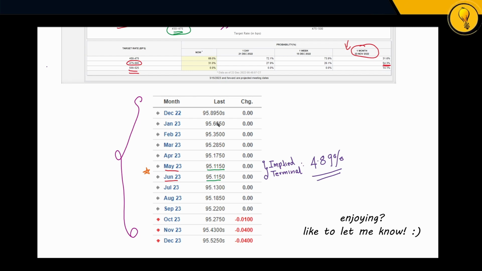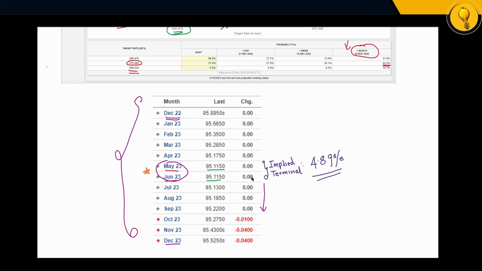And the data I have over here for you guys is going from December 2022, which is essentially today, all the way down to December 2023. So I have 1 year's worth of data for you guys. And if you go ahead and calculate the derived implied terminal rate over here, you are seeing that the market thinks that we're going to top out around May to June 2023 before we start seeing a decrease in the target rate, right? So to reiterate, the market thinks that we are going to be increasing rates all the way up to May and June. But how much? How much?